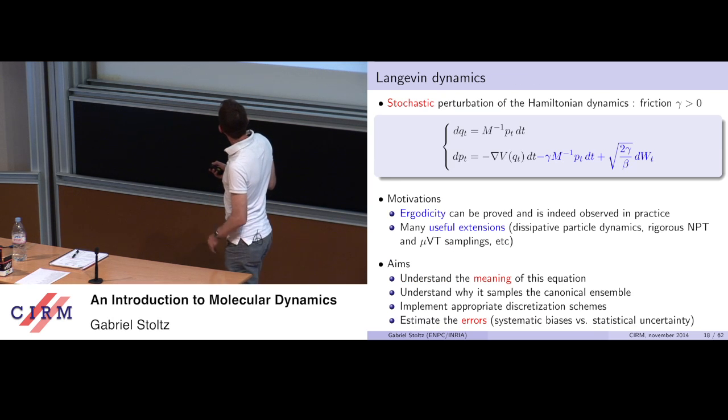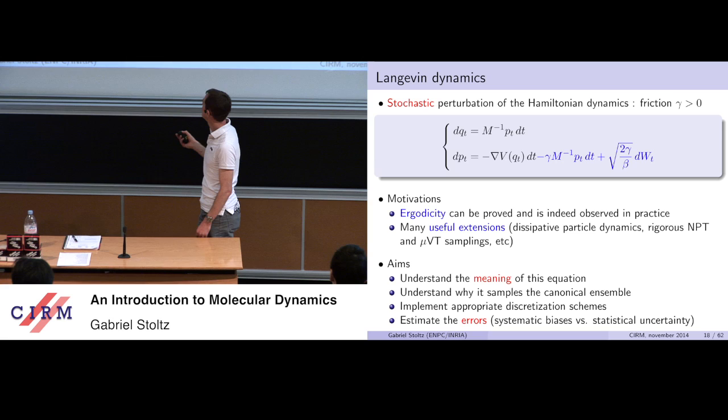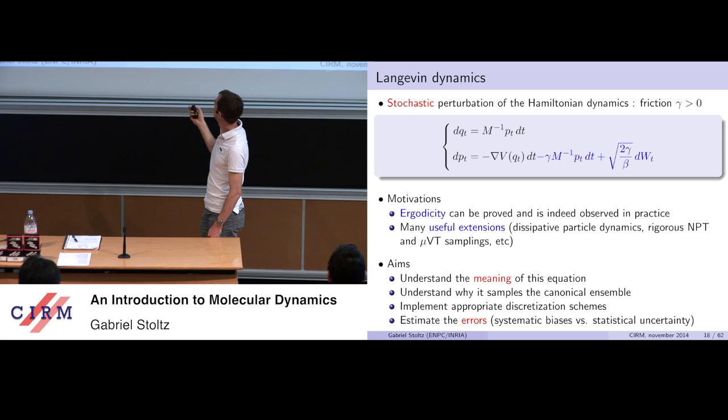And so the distinction is not that clear-cut when you talk to people implementing the algorithms. So my paradigmatic example today will be this Langevin dynamics. I've written it here as a motivation, and really my aim would be to allow you to understand a little bit the properties of this Langevin dynamics and how it can be used in practice to compute average properties. The Langevin dynamics can be seen as a stochastic perturbation of the Hamiltonian dynamics. The black part is Hamiltonian dynamics, which means that the derivative of position is velocities, and the derivative of velocities is a sum of the conservative forces. So that's mass times acceleration equals sum of forces.